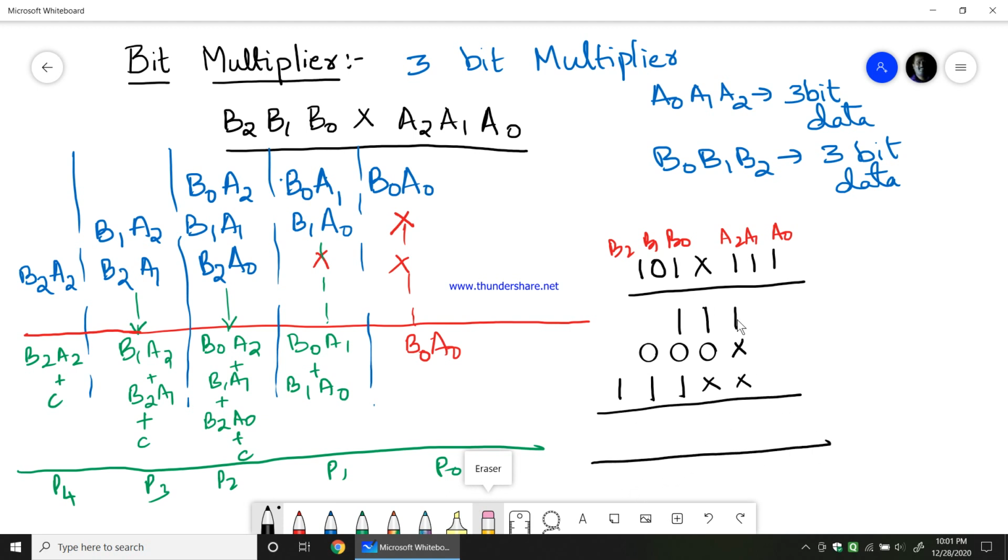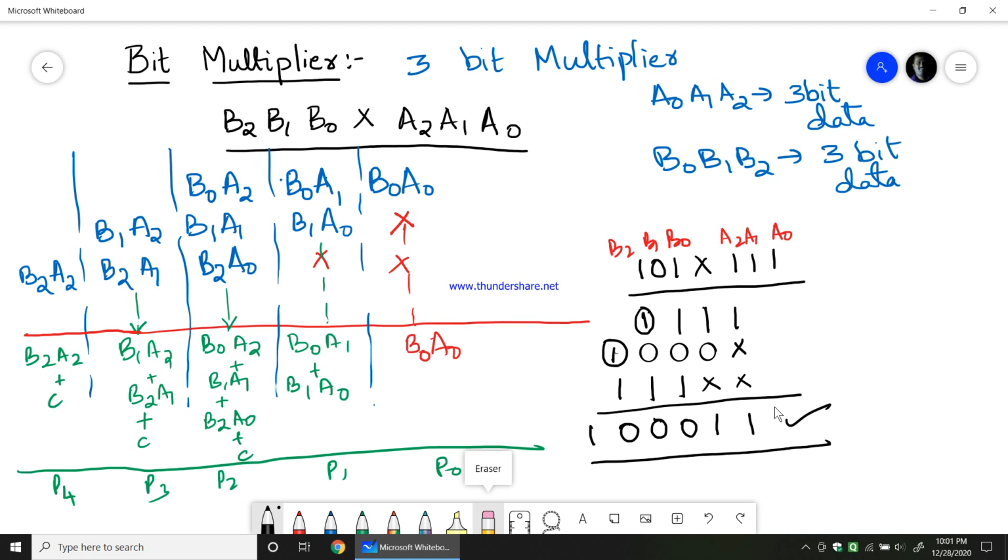Now you take this one directly. 1 is added with 0. 1 plus 0 is again 1, no carry. Therefore 1 plus 0 is 1. 1 plus 1 is 0 and carry comes here. That is how the carry gets added up. Okay, so this is the carry. 1 plus 1 is 0, a carry comes here. And this 1 plus 1 is 0 and 1. So this is the value that we have got after multiplying. So 101 multiplied by 111 is the result 10011.